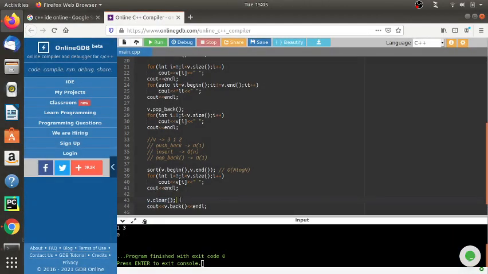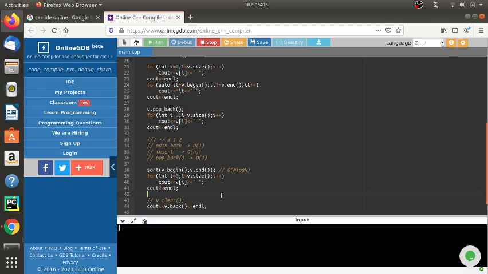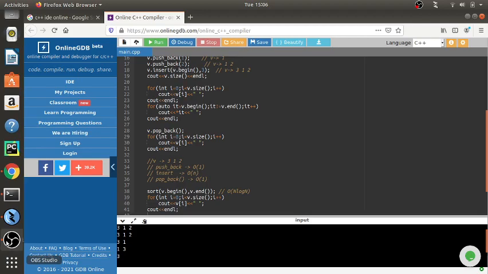Currently it is nothing, so let me comment this out and we'll print the last element. You can see that this was our vector, and when we print v.back(), it will just point to the last element. So these are the properties and functions of the vector that you can use, and that's it. Thank you guys.